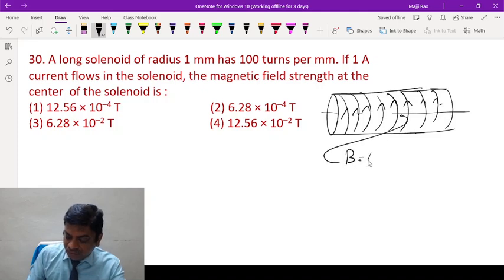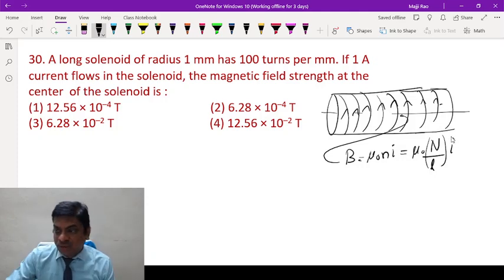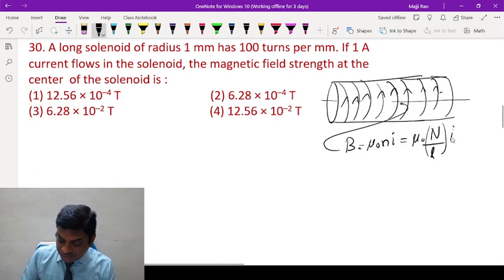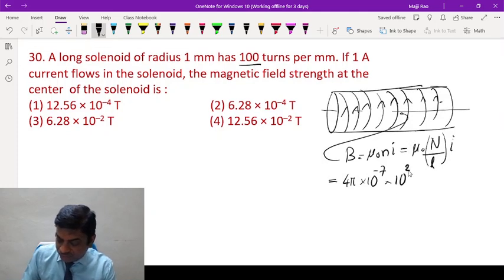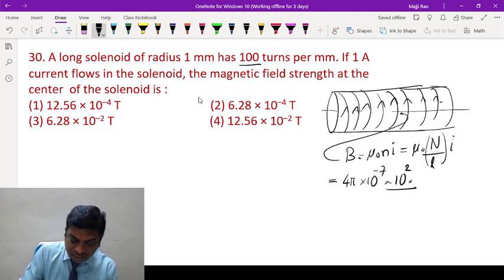B is given by mu 0 n I, where n is the number of turns per unit length. So if you have the total number of turns, divide by L to get the number of turns per unit length. So it's a matter of formula substitution. Let us substitute the values. Mu 0 is 4 pi into 10 power minus 7. Total number of turns is 100, so 10 power 2. And length is